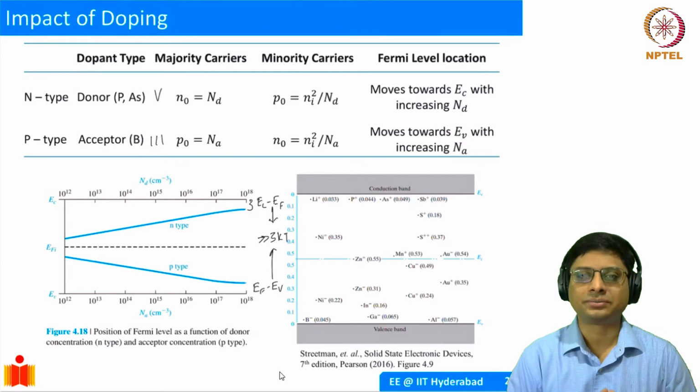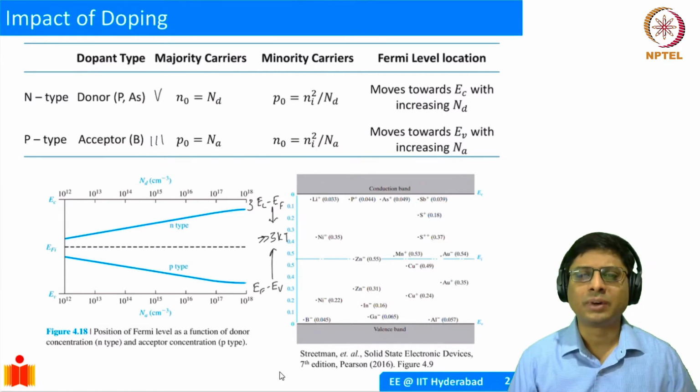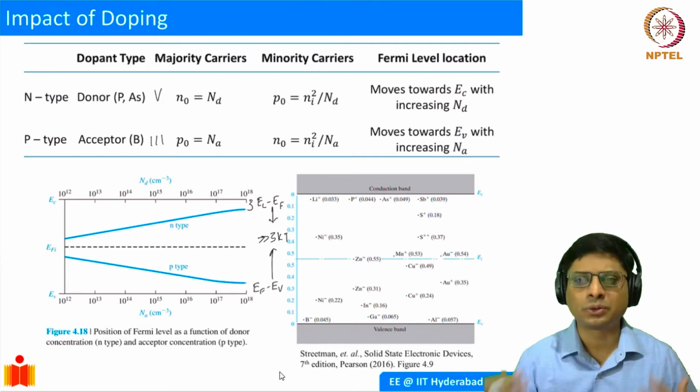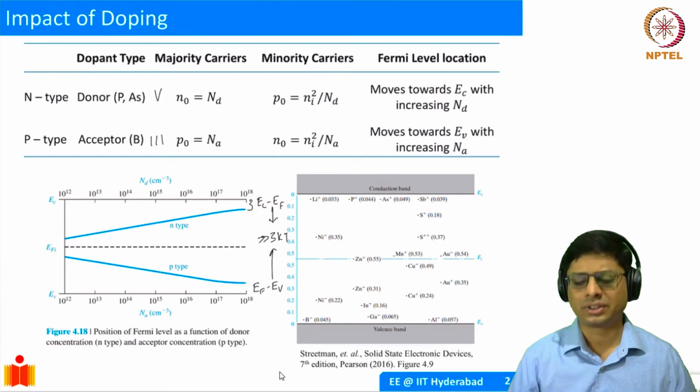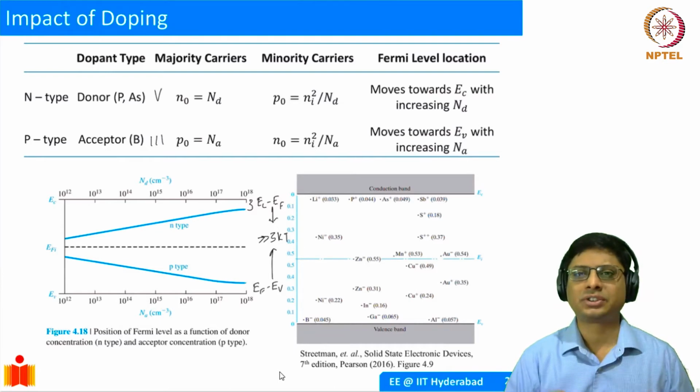You might ask a question. Now we have all this: phosphorus, arsenic, boron. Why only those elements? Why not other elements? To understand that, we have to look back at the origin of how these bands are forming. We have the silicon lattice and you have the bands, conduction and valence bands. We have seen it multiple times. Now these dopant atoms are essentially like defects in the lattice. If you have a lot of dopant atoms, then they'll actually form defect bands. But generally the dopants are going to be smaller in number, so we can represent them by an energy level. And we saw this already in the last lecture.